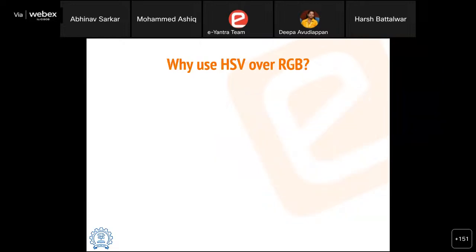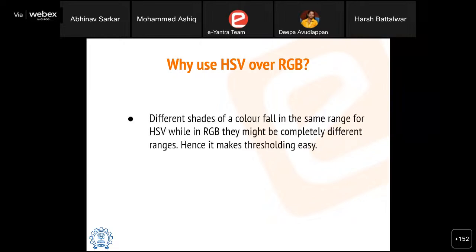So for object detection, usually we use HSV color space over RGB. Why is that? There are a couple of reasons: different shades of a color fall in the same range for HSV, while in the case of RGB that might not be the case. So, let's say you are capturing an image from an external noisy source,